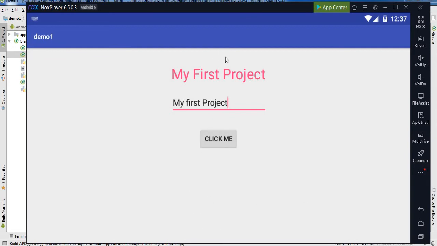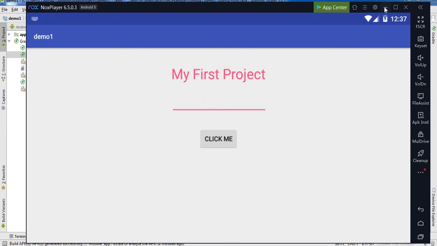And if I write 1 2 3 4 5 6, these are integer values, but in the background these integer values are converted into a string and the string is pasted. If I paste some symbols, again in the background whatever is in E1 is converted into a string and the string is displayed over here. Okay, so this is my simple first project.